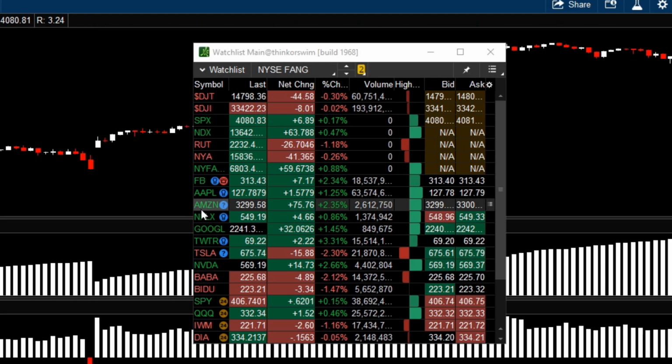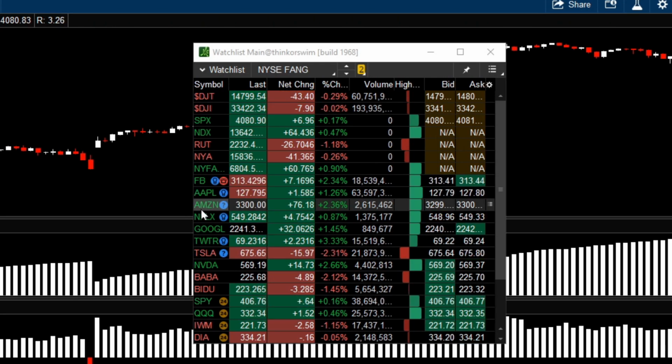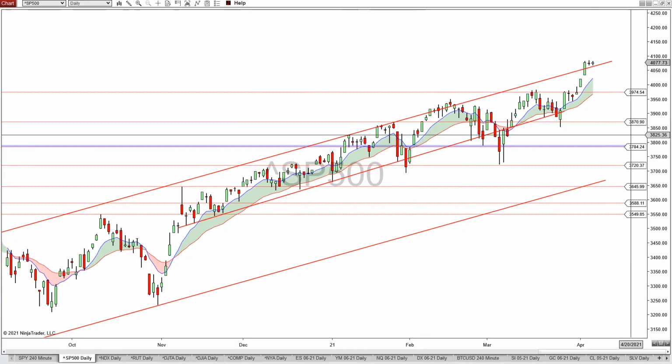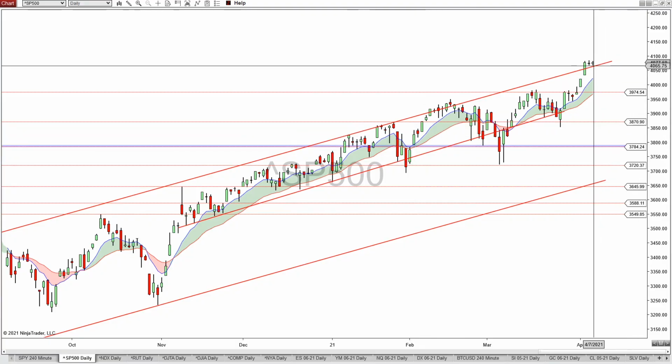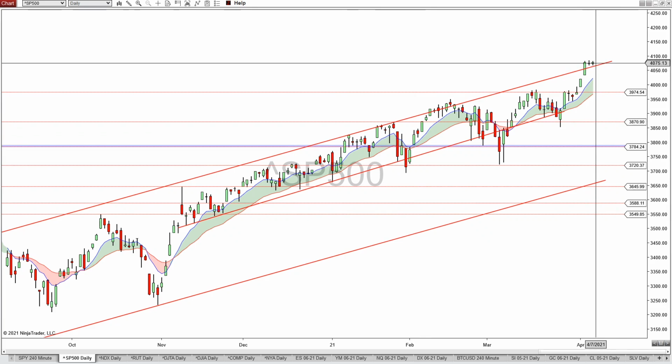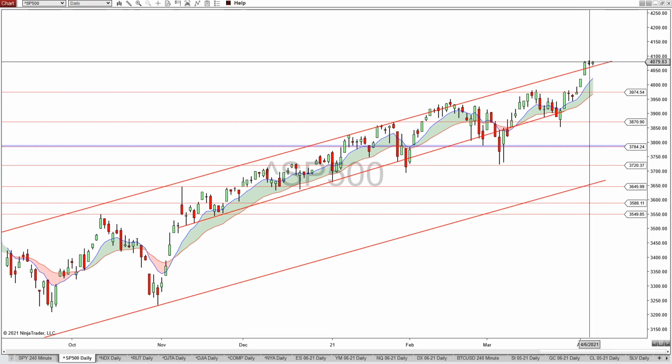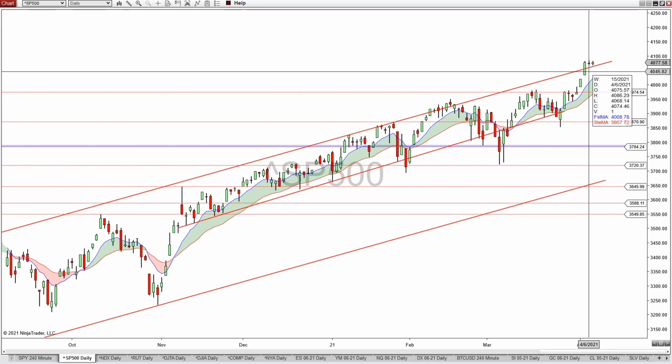So that would be interesting when that occurs. So we've got to keep an eye on that. And here the S&P 500, you can see the S&P 500 has been hovering above this upper channel trend line here, and they're flirting with the all-time high. Yesterday we saw an all-time high from the S&P 500 at